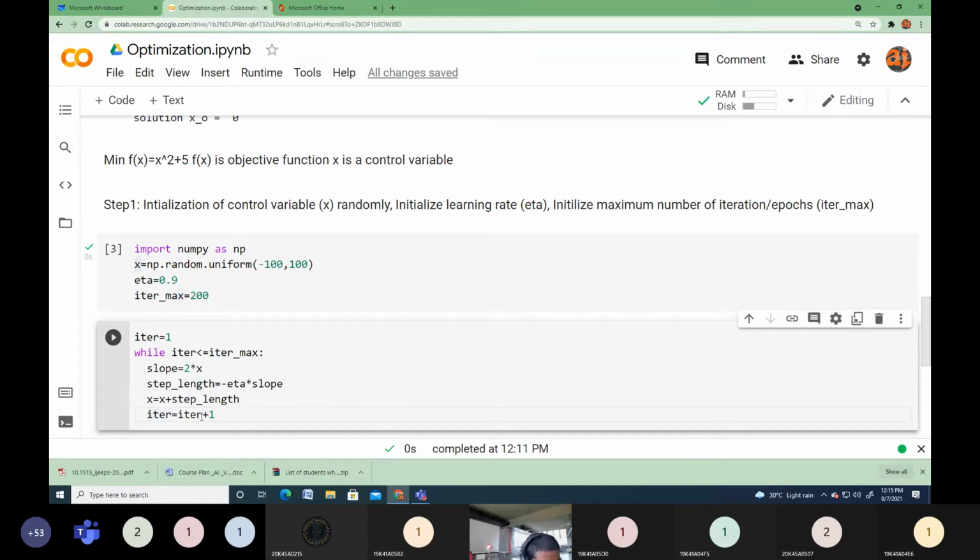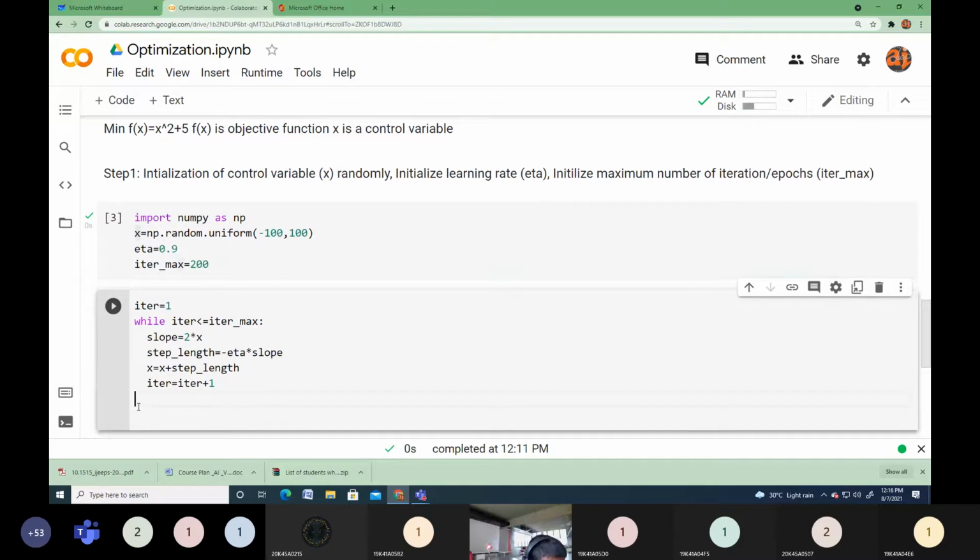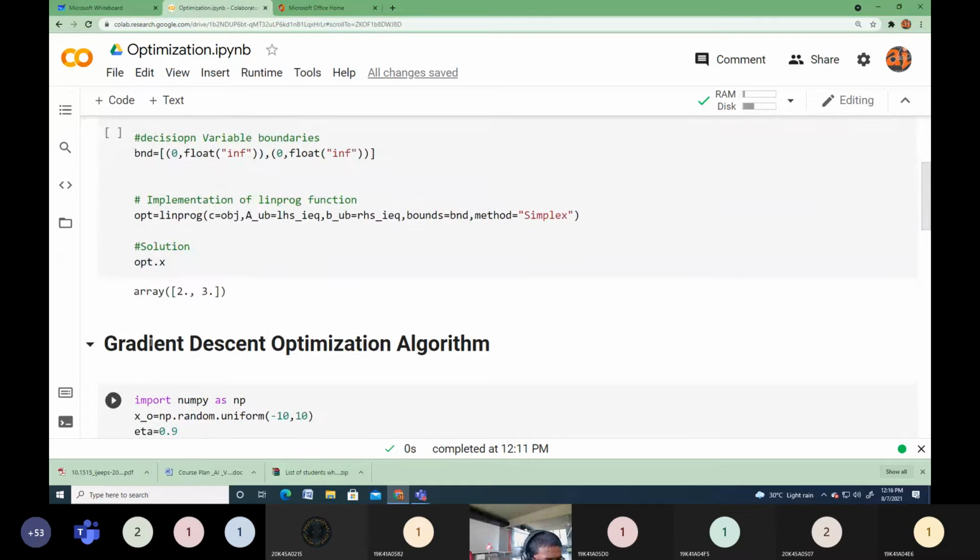Again iter equal to 3. So these steps will be executed until you reach the maximum number of epochs or maximum number of iterations, that's equal to 200. Hope you understand, right? So, we are coming out of the loop. Out of the loop means don't write the statement here. You have to give the statement from here. If I am coming out of the loop, what do I have to do?